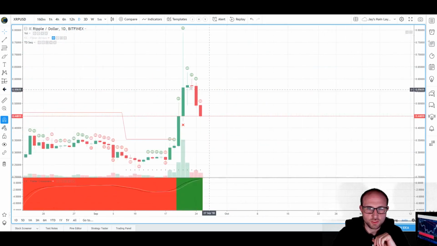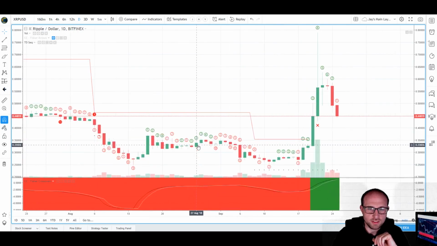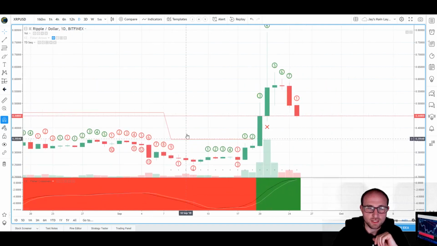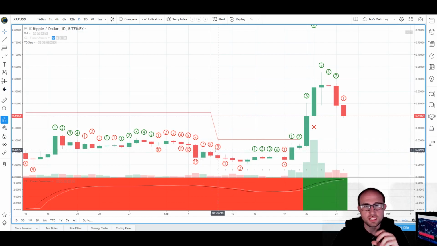Let's see what TD Sequential would have told us, where we would have entered via TD Sequential. So we had an unperfected 9 buy setup. I would not have probably taken this trade unless I looked at other things. However, now that I look at this a little bit further, we see that we have a 13 buy countdown right prior to a 9 buy setup. So a 9 and a 13 right by each other is a very strong reversal indicator.